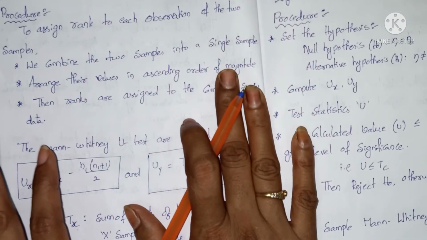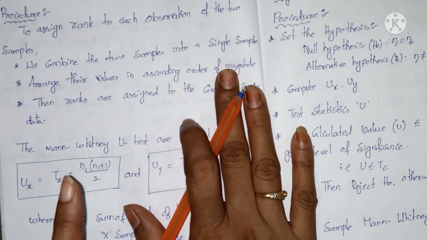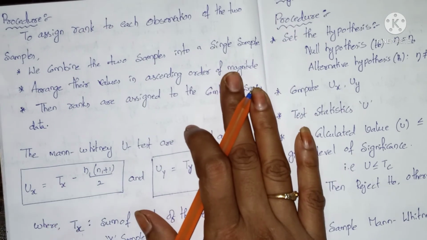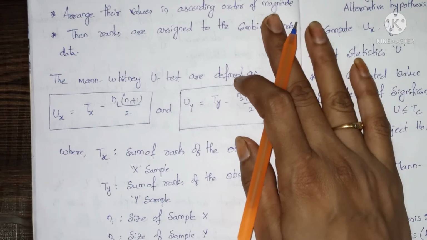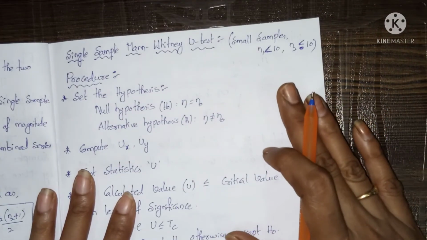Okay, in order to use the Mann-Whitney U-test, what does it follow? It follows one technique, that is the rank sum of ranks technique. So in order to get the sum of ranks, this is the procedure. Now, after giving the observations, we have to check